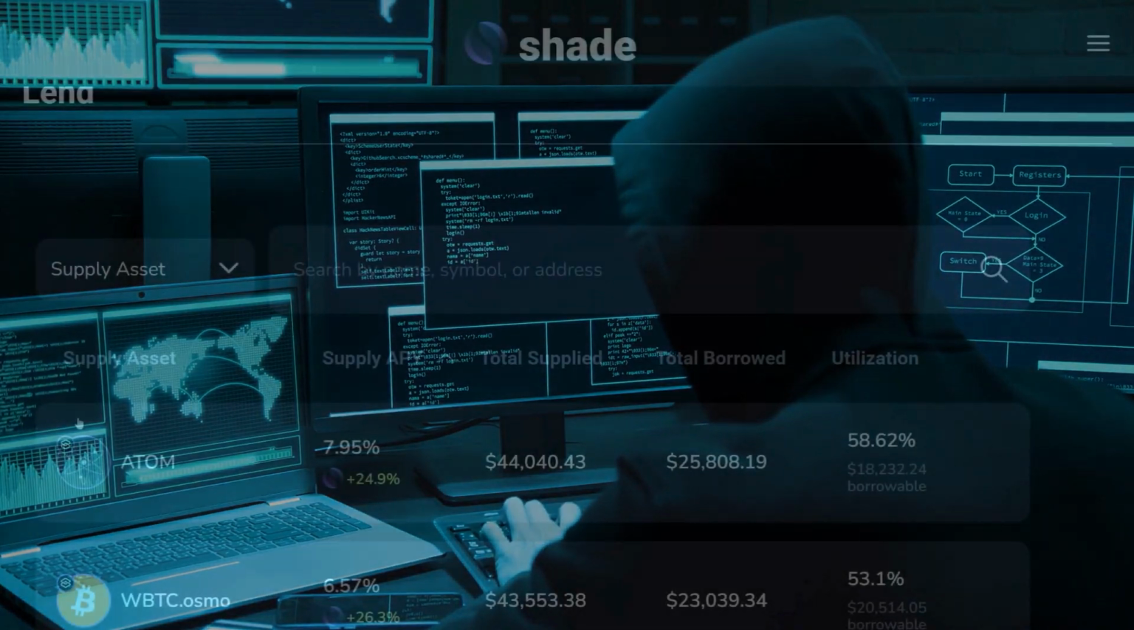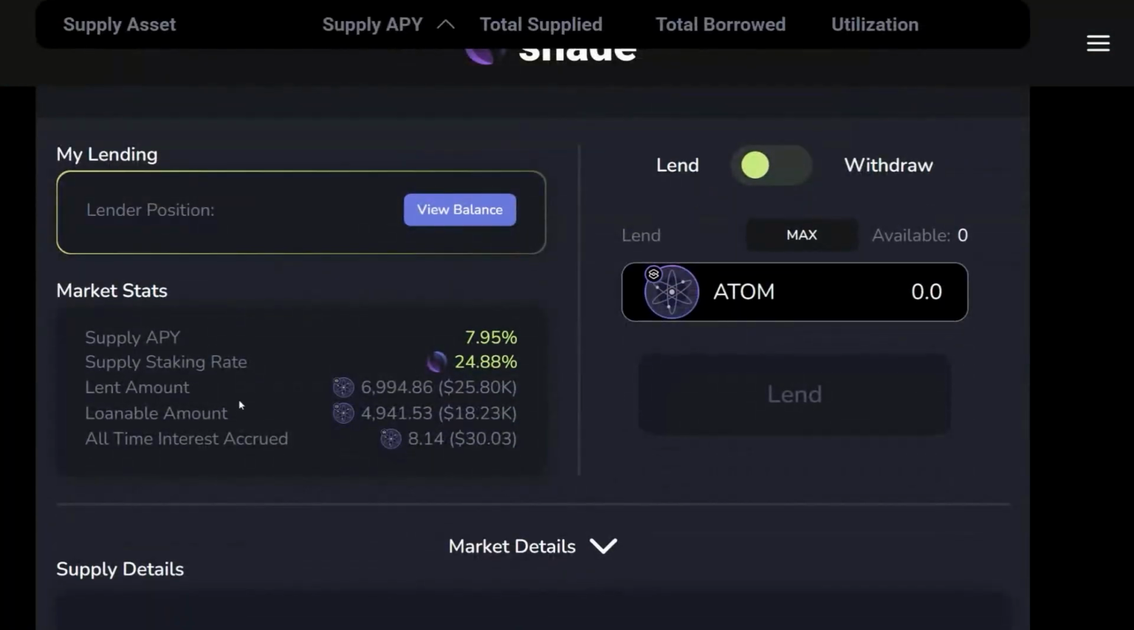Shade Protocol just launched their money market, ShadeX. And I went over there, and my plan was to look at the platform with fresh eyes as if I was a new user so that I could look for opportunities to make a video like this one. Well, before I even got to play around with the borrowing, the lending, and look at some of the APRs,